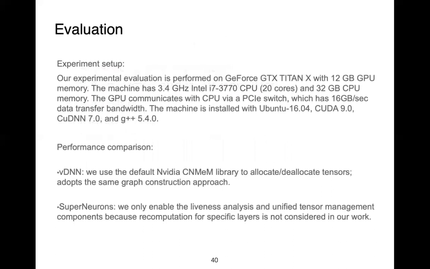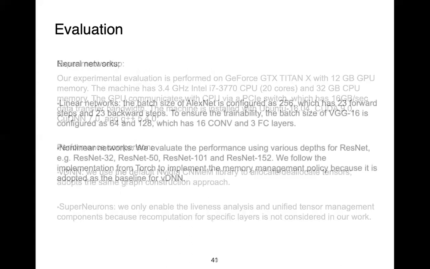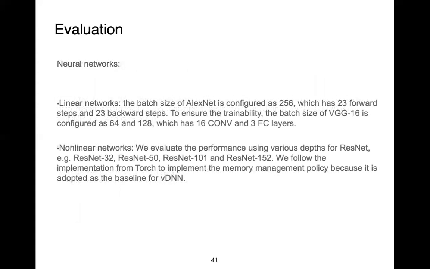Our experimental evaluation is performed on a GeForce Titan X with 12 GB GPU memory. We compare our system performance with vDNN and SuperNeurons. Specifically for SuperNeurons, we only enable the liveness analysis and unified tensor management components because recomputation is not considered in our work. We implement both linear networks and nonlinear networks. Specifically, we vary the batch size and depth for AlexNet to validate that our system can support wider and deeper neural